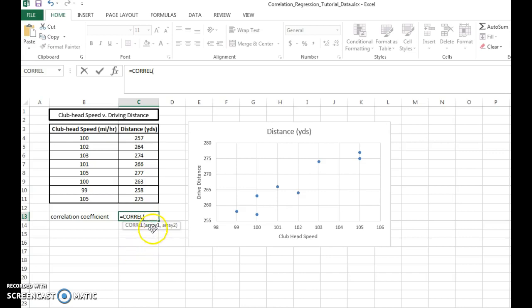It says array 1 and array 2 it takes as arguments. So I just go up here and I highlight my x's as array 1. And I say comma, and I highlight my y's as array 2. Close my parentheses and hit enter, and that is my Pearson linear correlation coefficient right there, 0.93869, etc. That's fairly close to 1, right? That's a very strong correlation coefficient, which means there's a strong linear relationship,